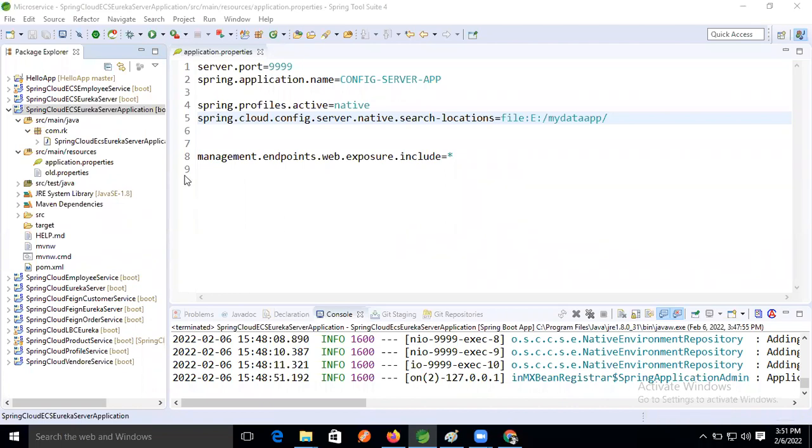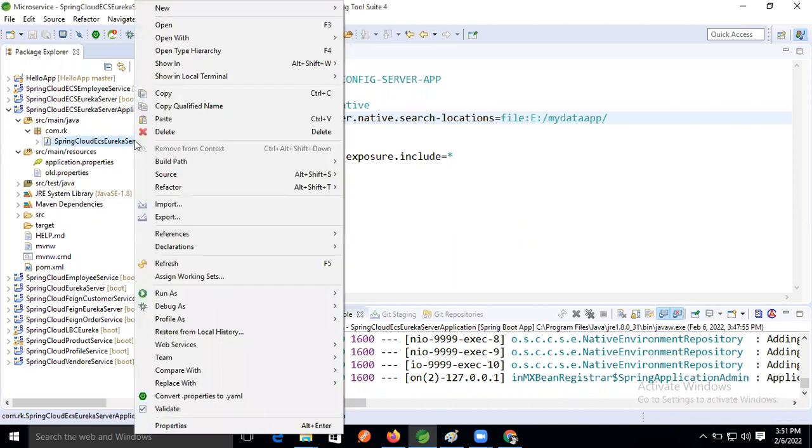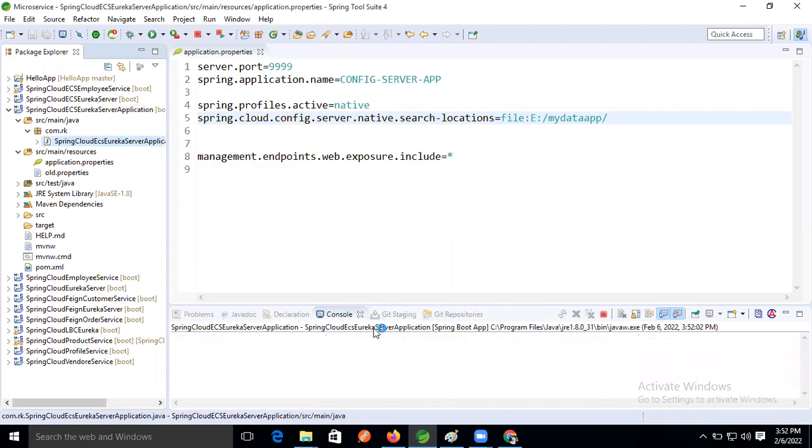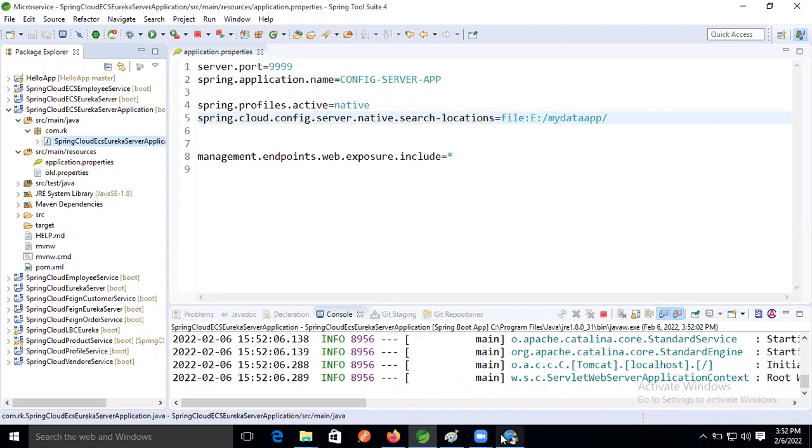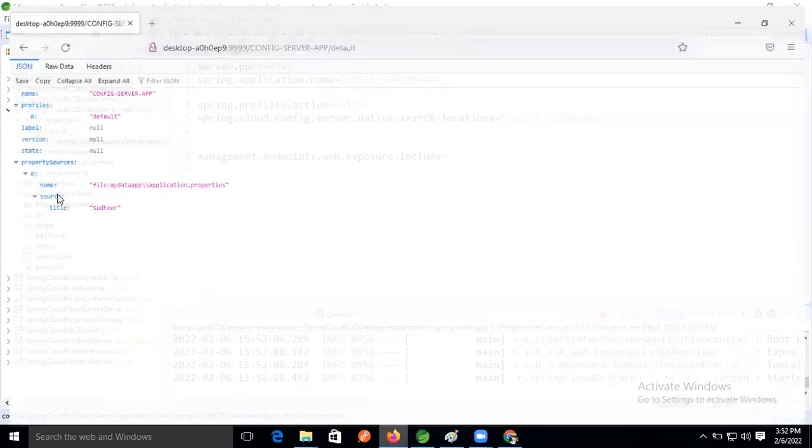Yes, now let's run our application. Now refresh it.